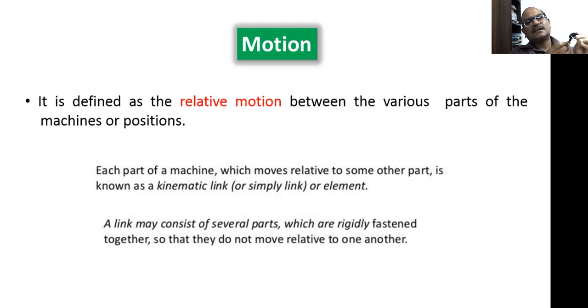But this ring is such like this. You can see here that it is moving in a certain direction, right? But it is attached to this ring, and there is no movement as such other than this. It cannot go away if I am keeping this ring here. So I cannot keep this key away, right? Because it is fixed over there. So a link may consist of several parts, which are rigidly fastened, or loosely fastened, as per the system required.